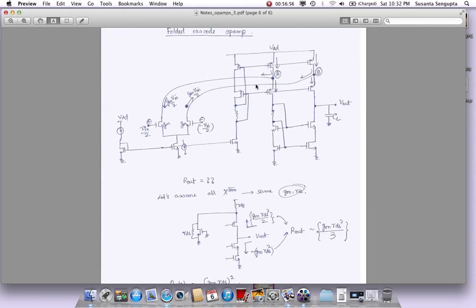But the majority of this current will come and go through this device, right? So this current is coming and it will turn around through this 1 over GM and come to the output node. What happened to that current? That current was going away from the node A. That means it was going through this guy up,